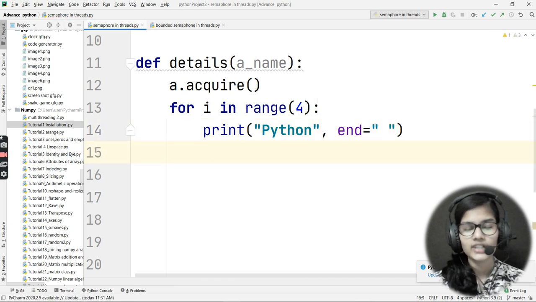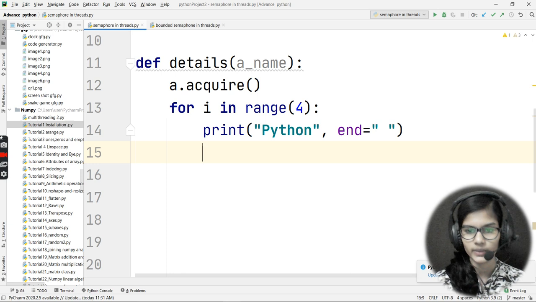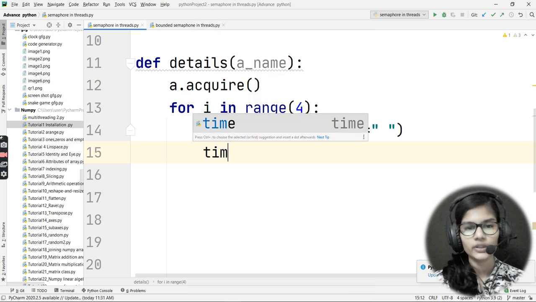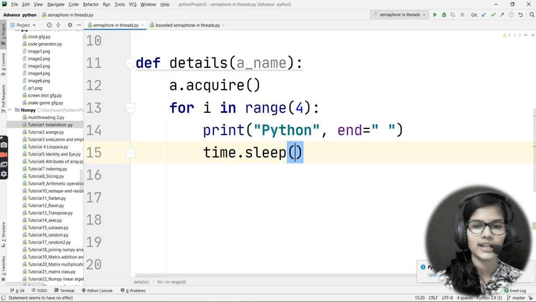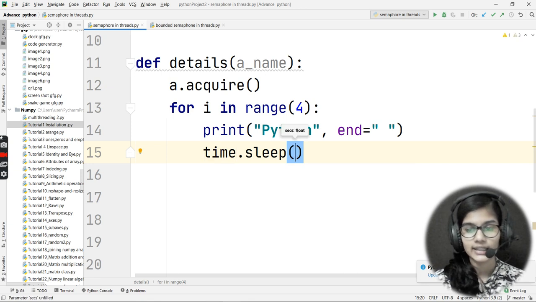So here I have taken the for loop. Inside the for loop, for this particular range, just print this statement, that is Python, and then after that give me some space as well. This is what I have written. After that, I would use the time module which I have imported above. So I would use time.sleep, and into the bracket I would give the time interval at which I want it to appear.